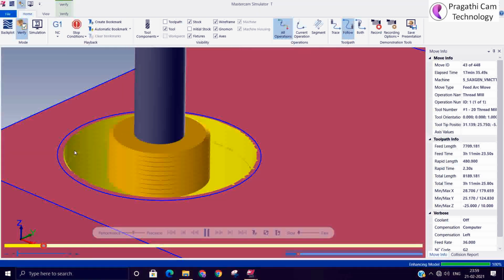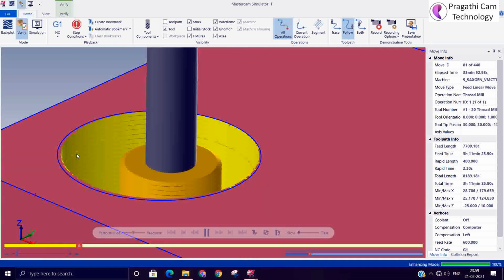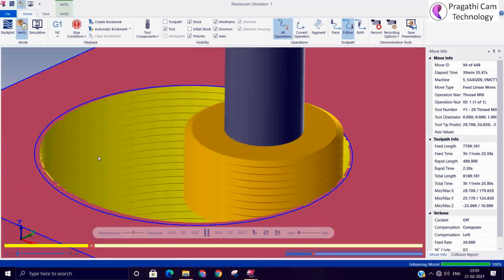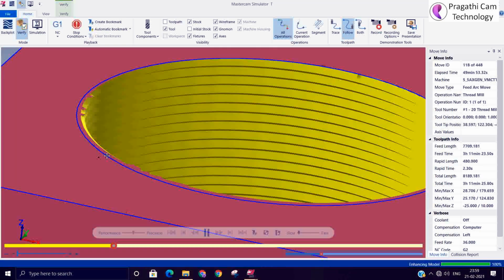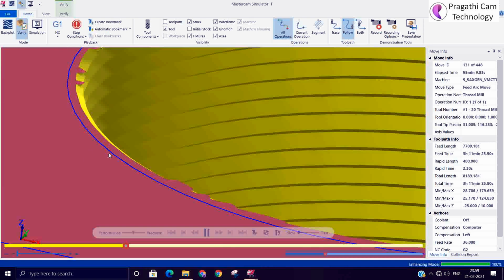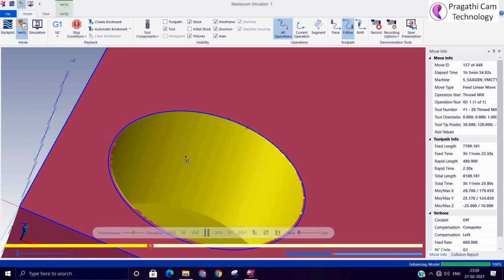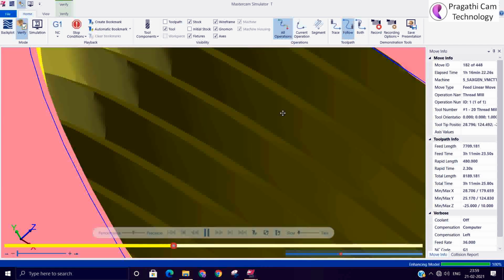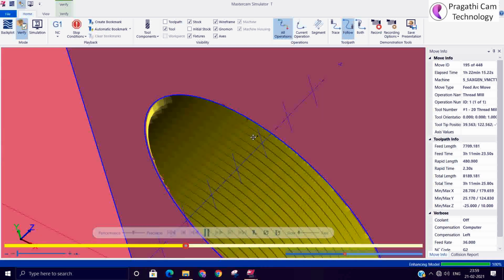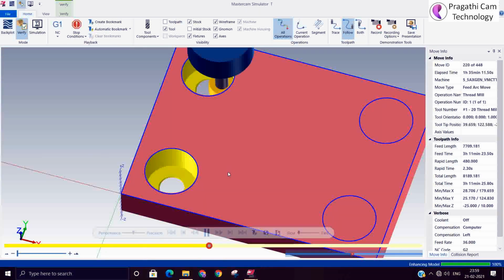Let us see how the thread looks. If it is a single point cutting tool, then it will make the thread in that fashion. But here we have taken a multi-point cutting tool. Yes, the thread is visible to you. If you provide a chamfer, chamfer entry and all those things, it will give you a very good result.